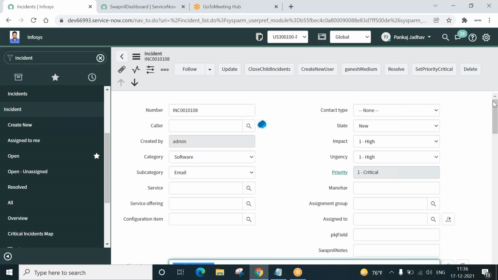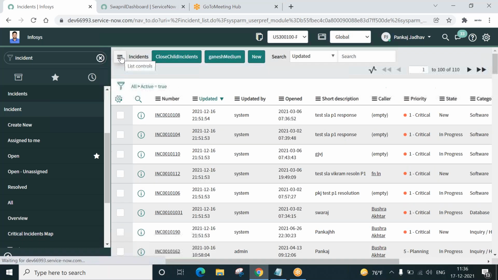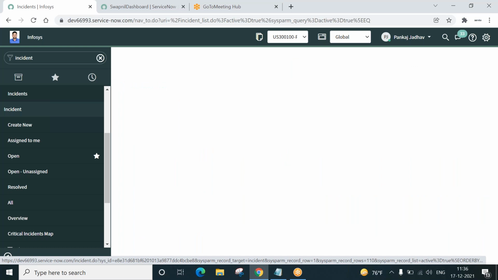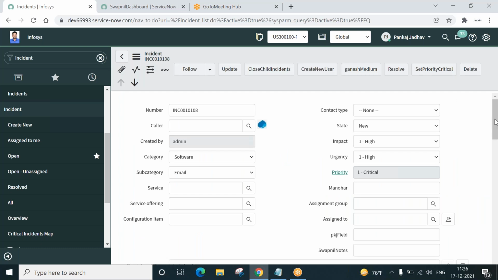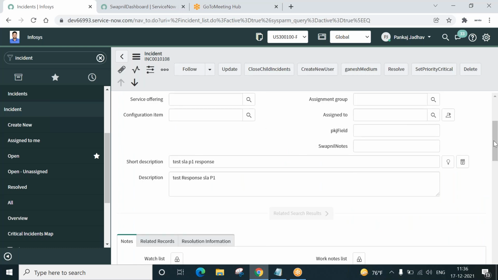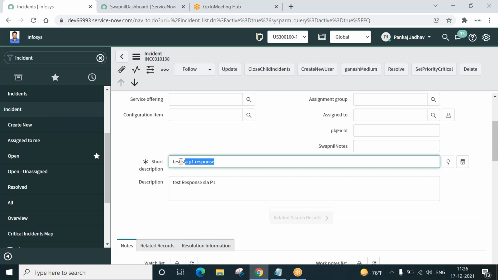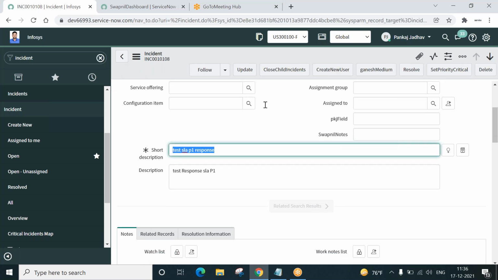The use case is that as soon as I open the incident from the list layout, it should give a call to server-side script and show me a pop-up saying the total number of incidents in the system having this description.